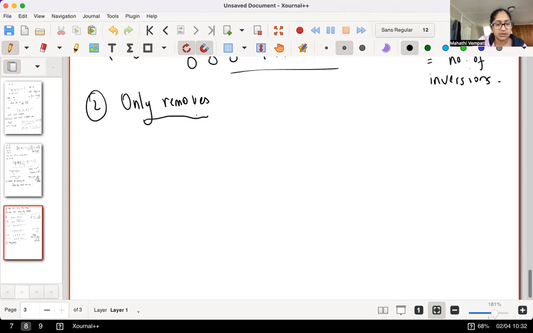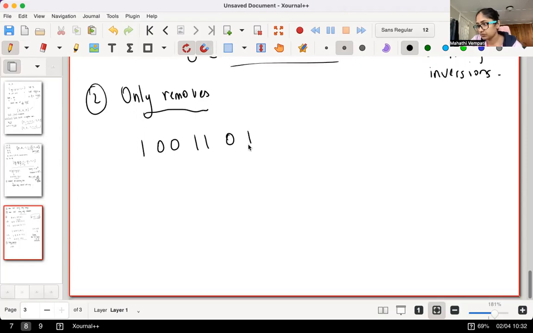So I would think about it like, if I remove this, what would be the minimum number of removes for it to be okay? And if I didn't remove this, what would be the minimum number of removes for it to be okay? So let's think about how